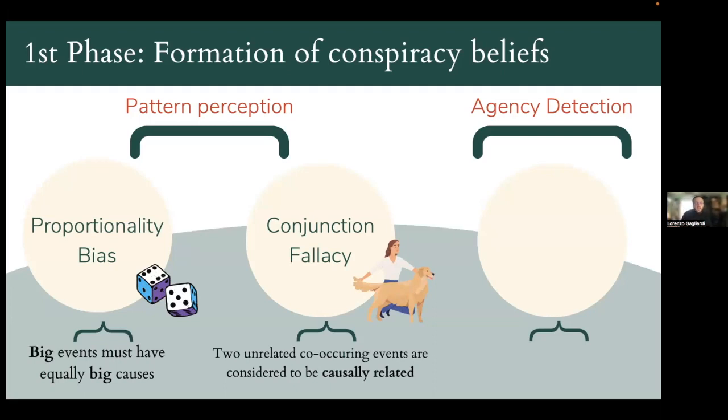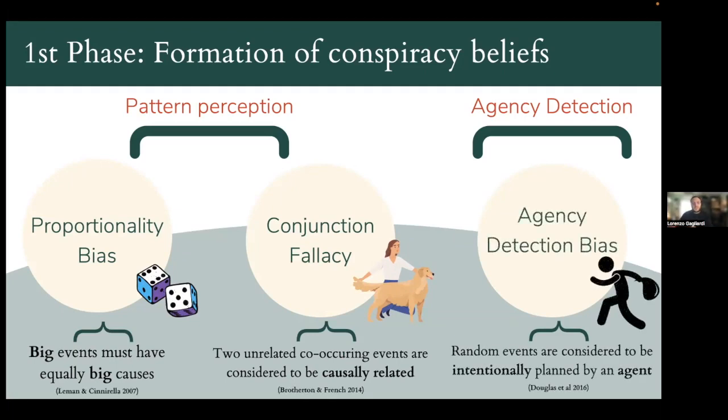And finally, also agency detection bias, which is the tendency to consider random events to be intentionally planned, intentionally caused by an agent. Like imagine you're sleeping in your bed and you hear noises downstairs and you end up thinking that someone just broke into your house, while instead it's simply a bottle of water snapping downstairs. So